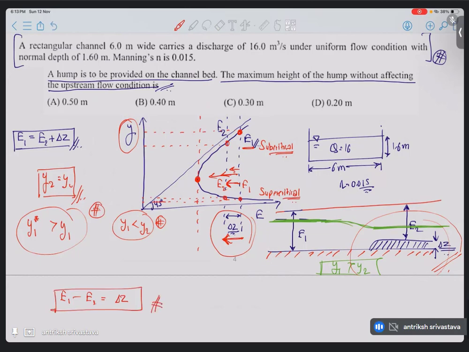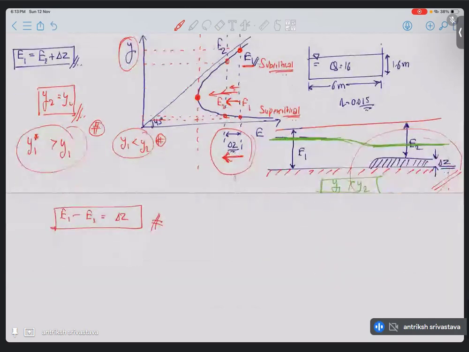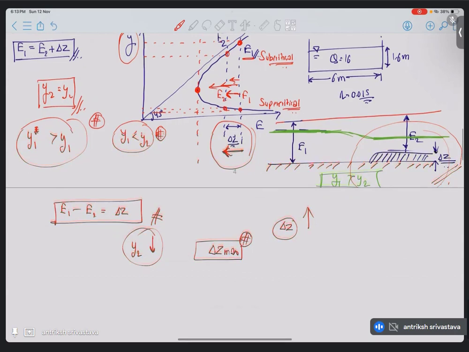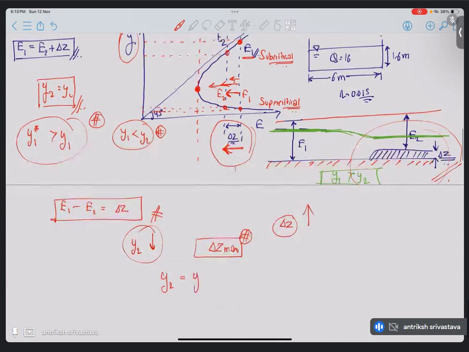So what happens? You keep on giving your hump, you keep on increasing your delta Z. Your depth on the downstream is going to keep on decreasing. But as soon as you give the maximum allowed that we are asked in this question, the y2, the depth on the downstream, will become the critical depth,